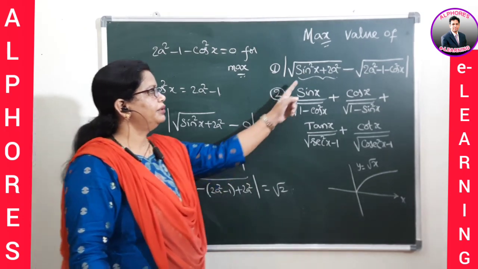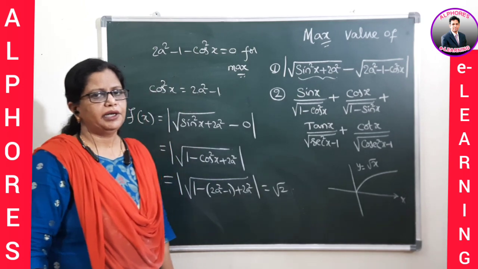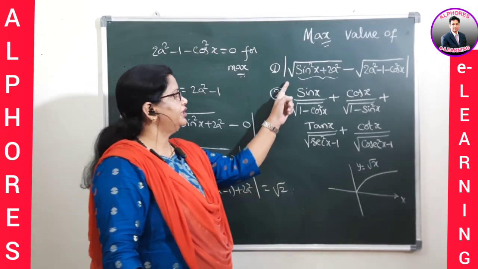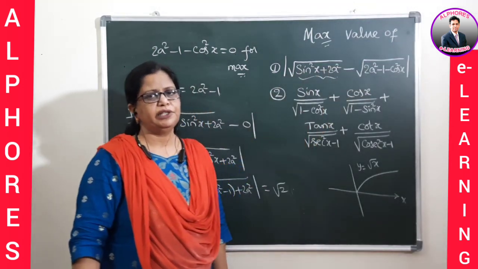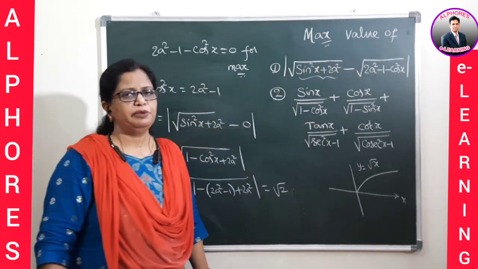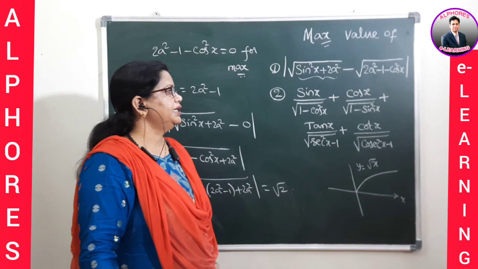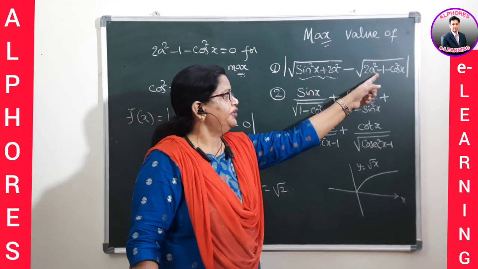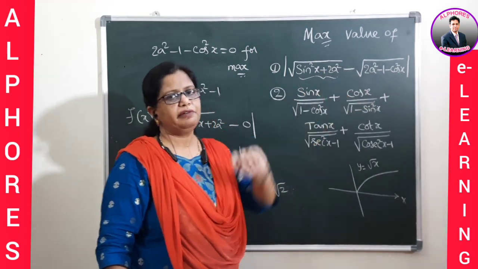So now, mod of the difference of the functions given, what is our observation? First observation, the square root is always positive. Moreover, whatever value is inside also has to be positive. And next, we compared this value and this value. This is the smaller value.